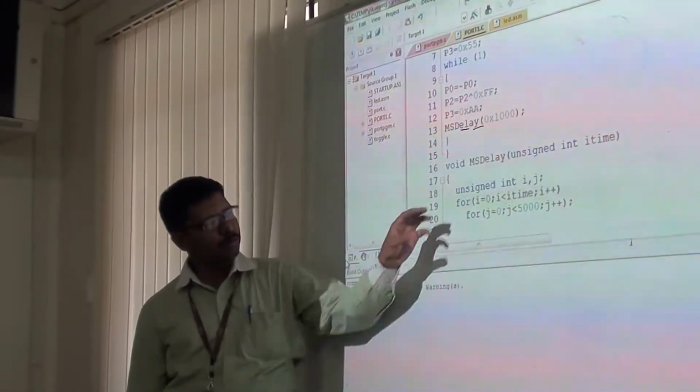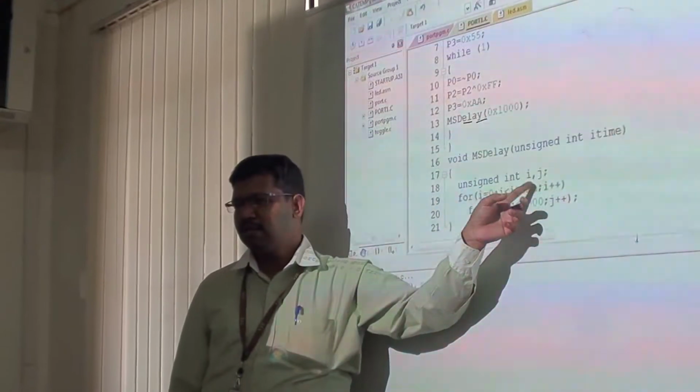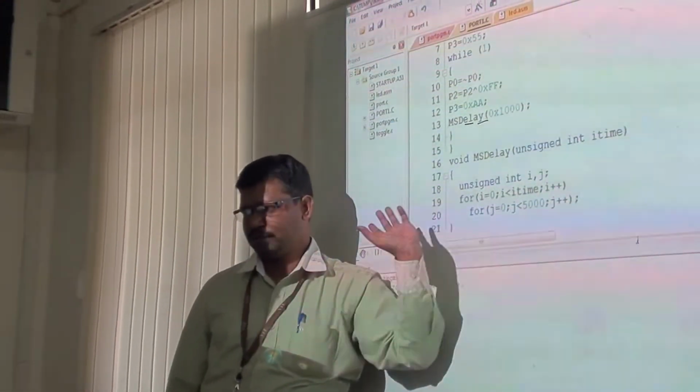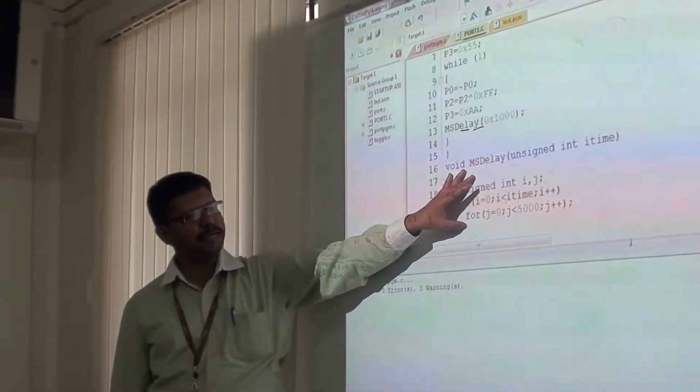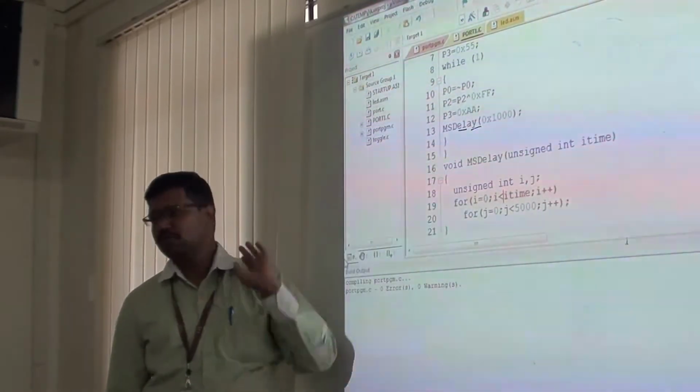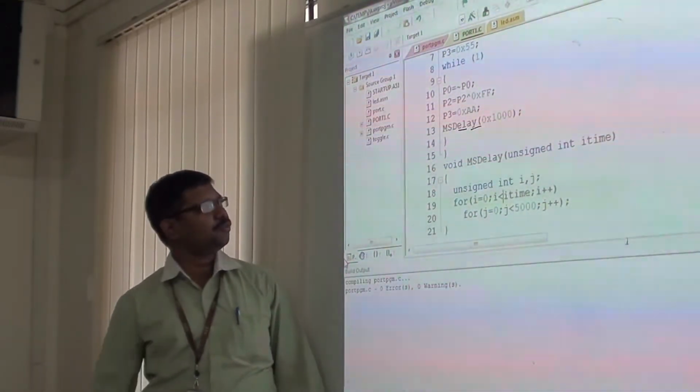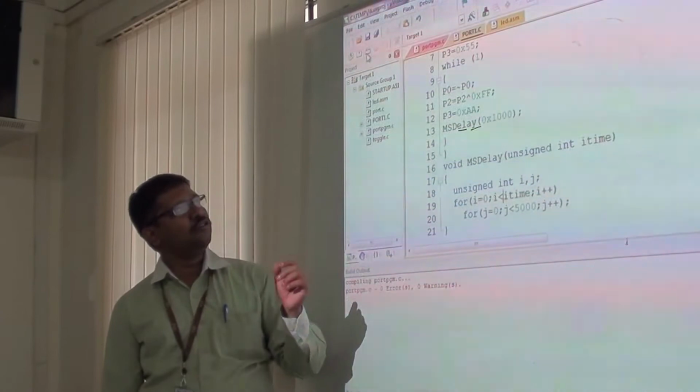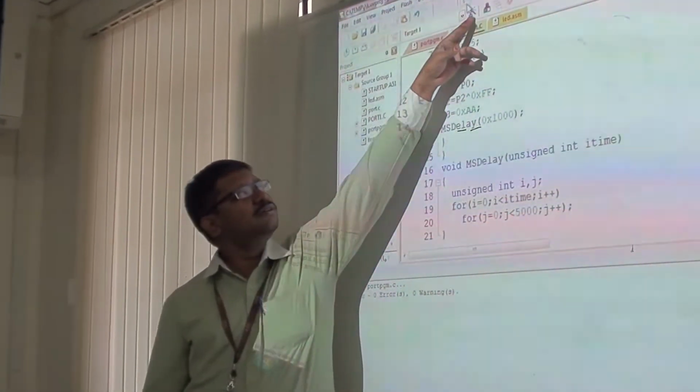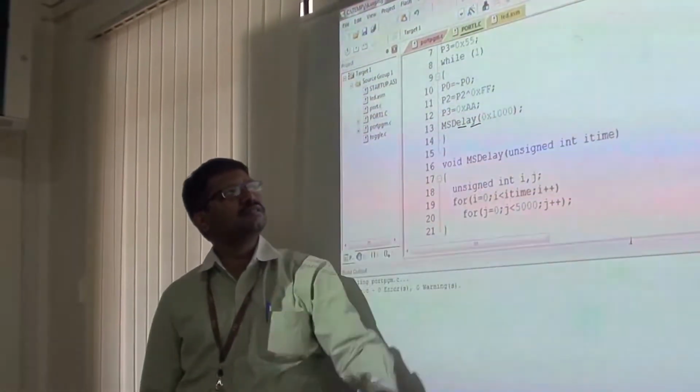Okay, so total amount of delay will be multiplied by 1000 into 5000 times. Okay, so that has to be obtained here. So using this we are going to stick it. So now note down the procedure for building a X file. So click this, check the card